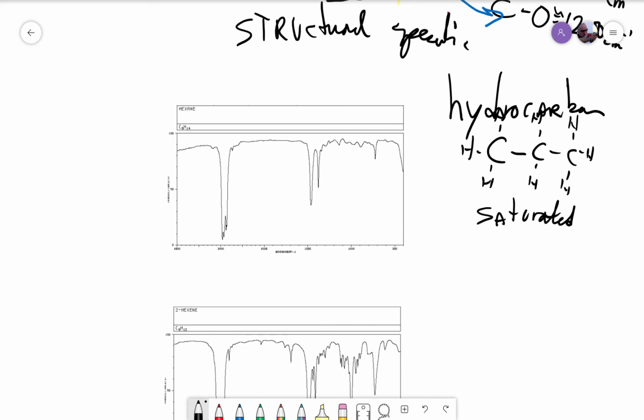And it is referred to as an alkane. The ANE ending says that it's all single bonds. That means that this molecule, in this particular case hexane, with hydrogens all around it,